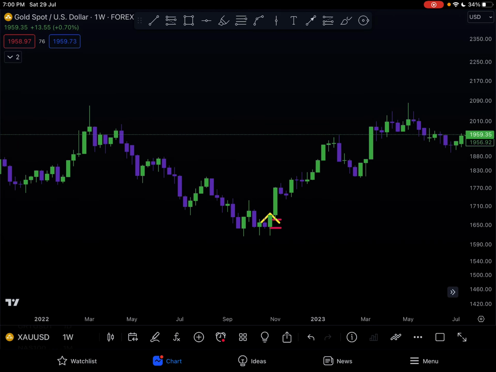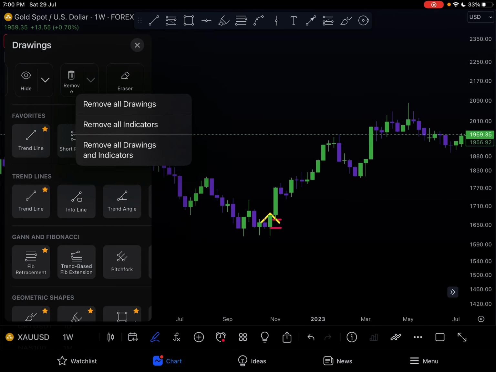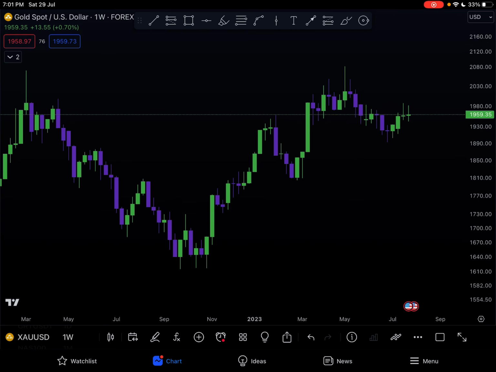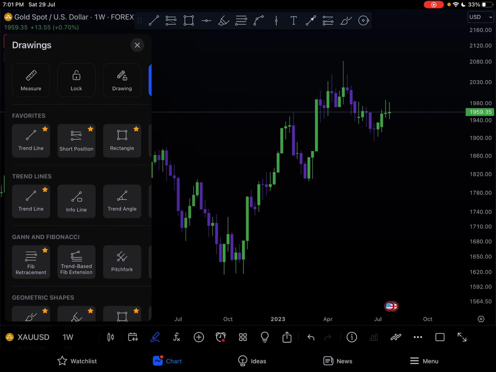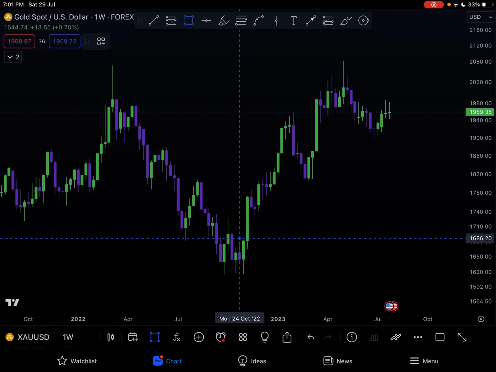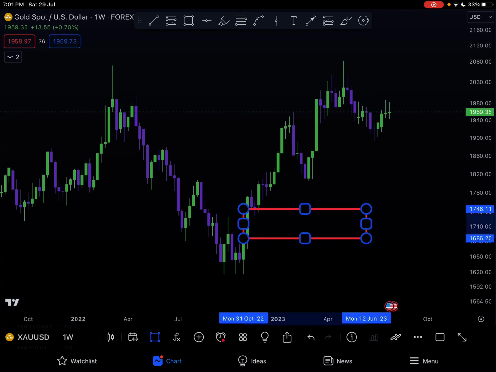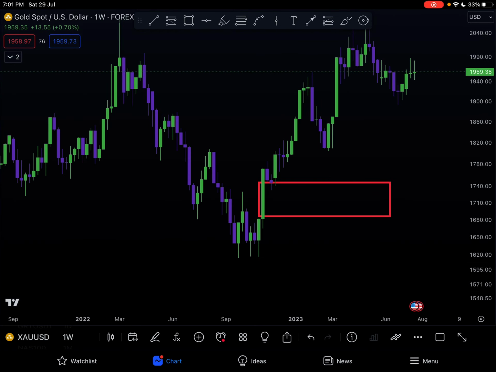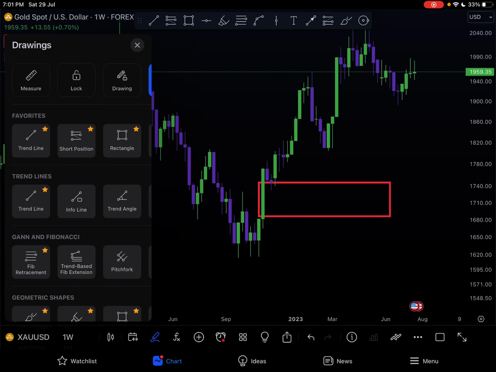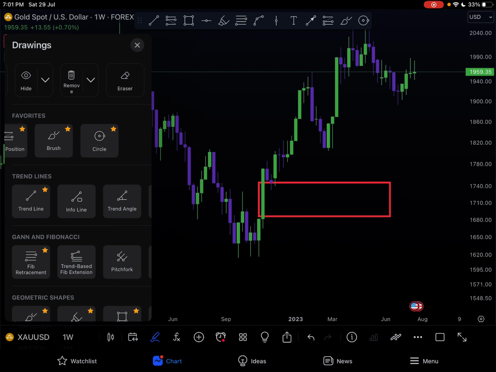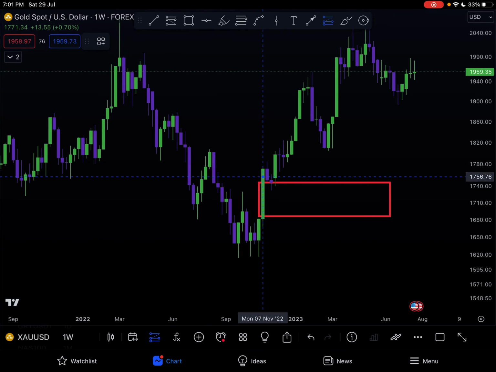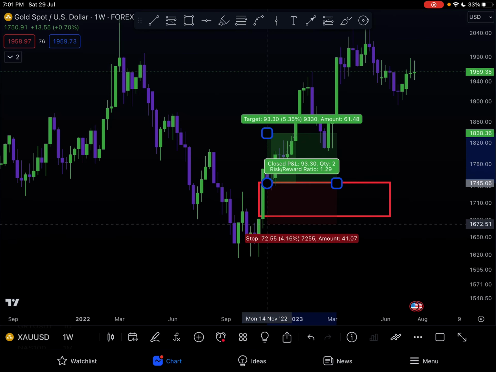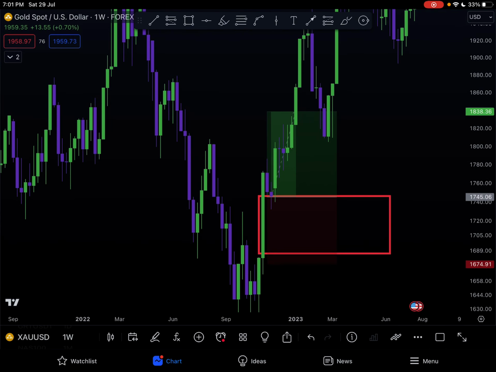Now, just because I'm looking at this one on the weekly, it's going to be a long video, man. Stay focused, okay? What I normally do, I'll actually take a rectangle, draw my fair value gaps just like this, okay? How you participate here, all right? You're actually going to take your long position. When you see price run up above and the fair value gap is made, okay, you're actually going to place your long position, right